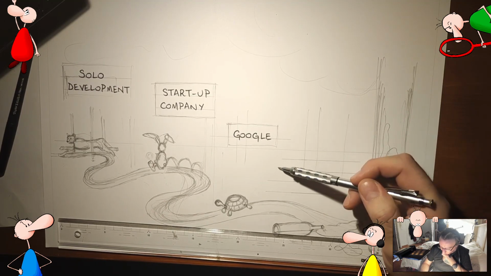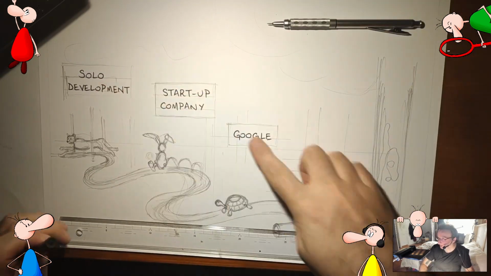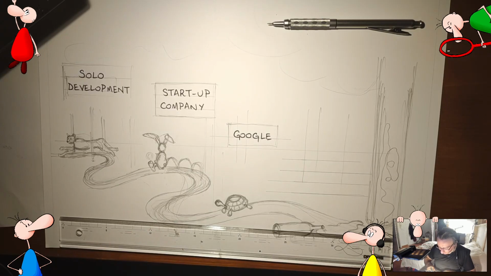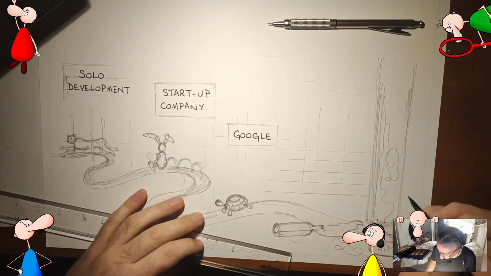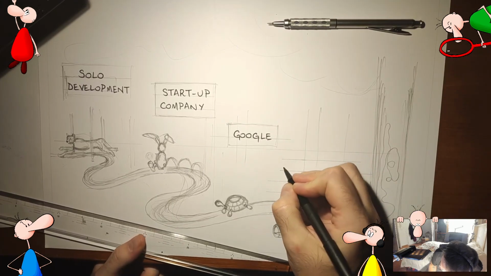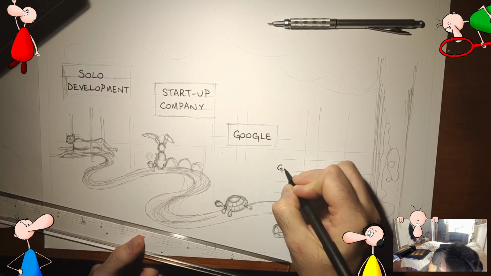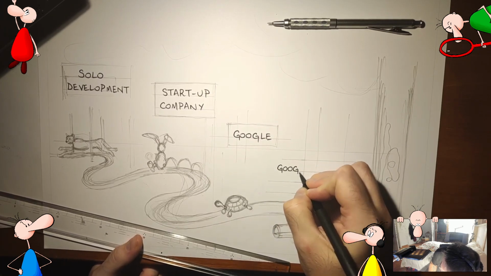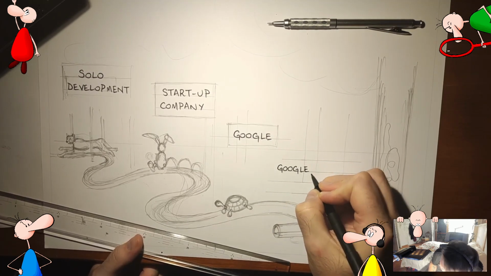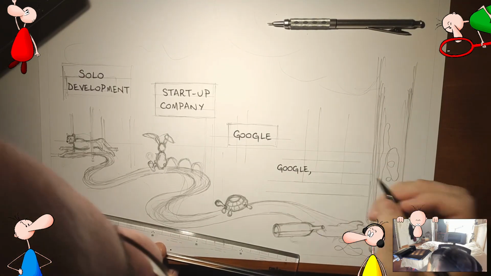I still want to maintain the progression going downwards here, so I don't want to start too high up, but I'll say something like here. The company that we shall not name, comma,